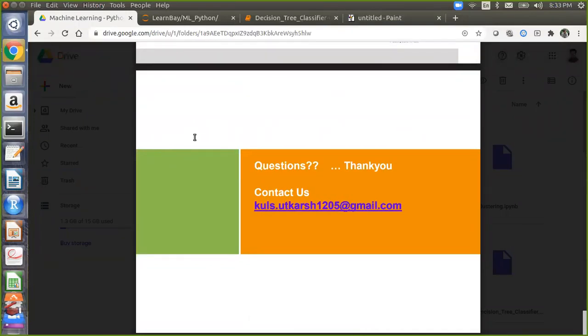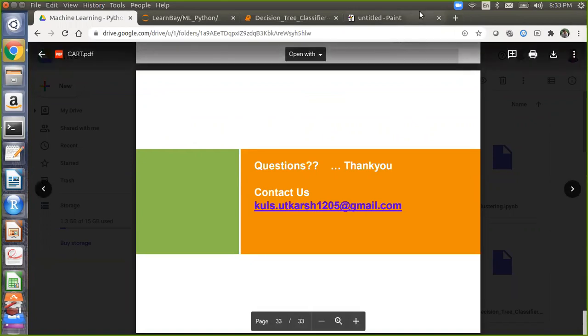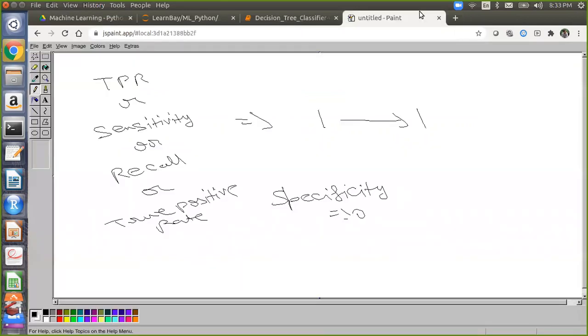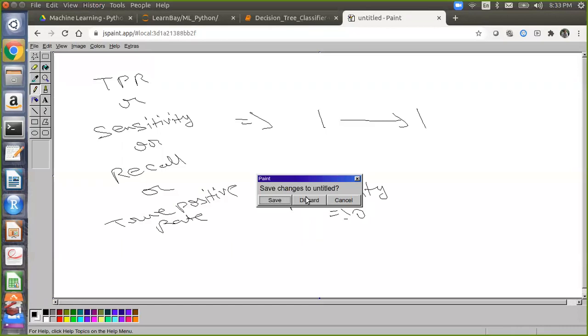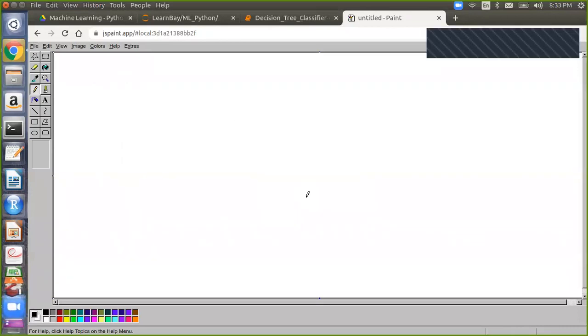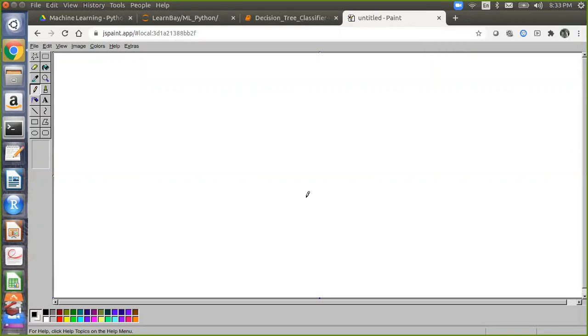Any questions with respect to the discussion we have done today, yesterday or the day before? My question remains the same, because if we have more than two classes, like 1, 2, 3, all this discussion becomes invalid. Why do you think it will remain invalid? For sensitivity or area under the curve, we are talking about just 1 and 0. But if we have more than two outputs, every definition will change.